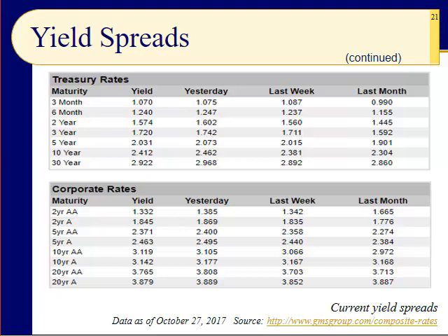But here's the odd one. Here's the one that scares me. The 30 year is still less than 3%. The Federal Reserve is starting to bump up short-term interest rates. But the long end of the curve, which is not dictated by the Federal Reserve, is dictated by the marketplace, the bond marketplace to be exact, hasn't budged. It's still less than 3%.